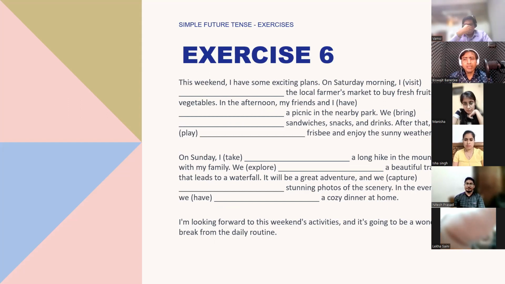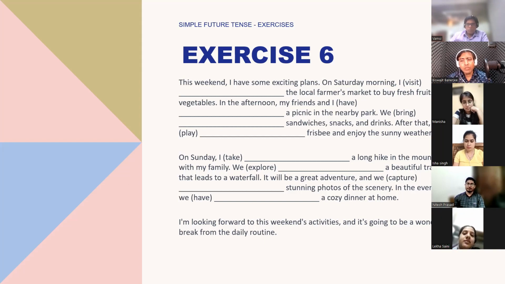On Saturday morning, I visit the local farmers market to buy fresh fruits and vegetables. In the afternoon, my friends and I have a picnic in the nearby park. We bring sandwiches, snacks, and drinks. After that, we play frisbee and enjoy the sunny weather. On Sunday, I take a long hike in the mountains with my family. We explore a beautiful trail that leads to a waterfall. It will be a great adventure and we capture stunning photos